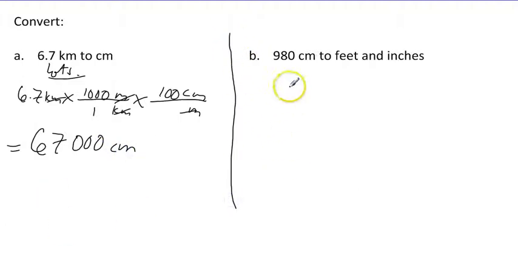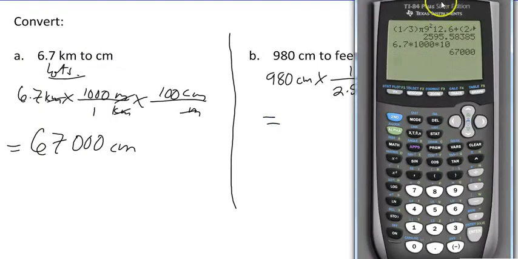980 centimeters to feet and inches. 980 centimeters times. So do I want to convert that to feet? I mean, we could do it to feet and then do it to inches. You know, I'm going to go straight to inches. So I want centimeters on the bottom and inches up top. And I know that 1 inch is 2.54 centimeters. So this will be equal to,